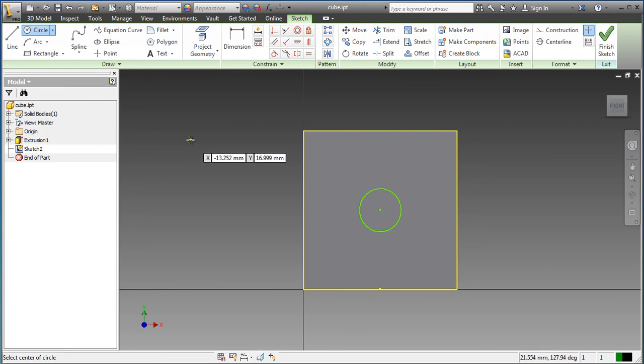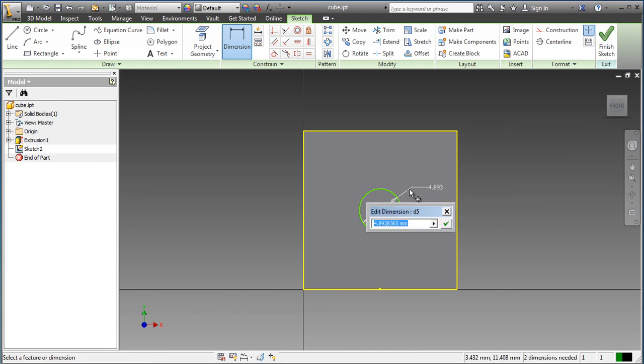Now we will use the dimension tool. Click on the edge of that circle, drag out, and make the circle 3 millimeters in diameter. And we have completed the 2D part of this model. Click on Finish Sketch,